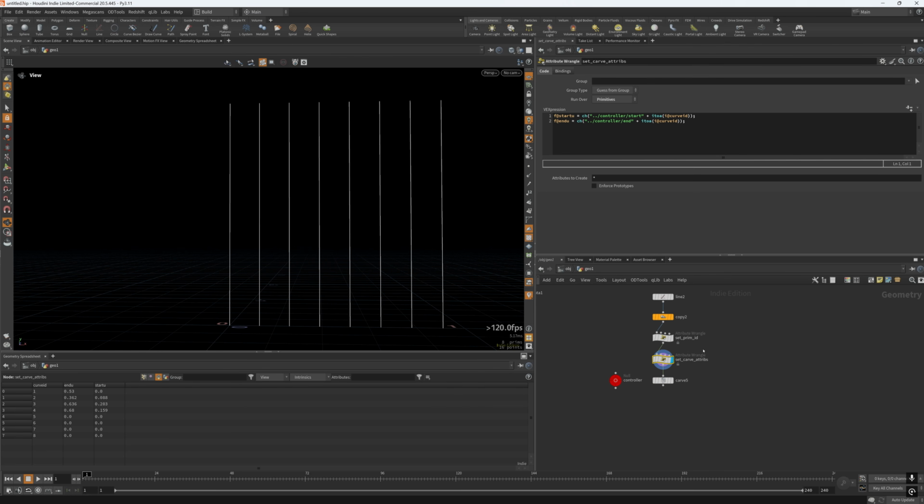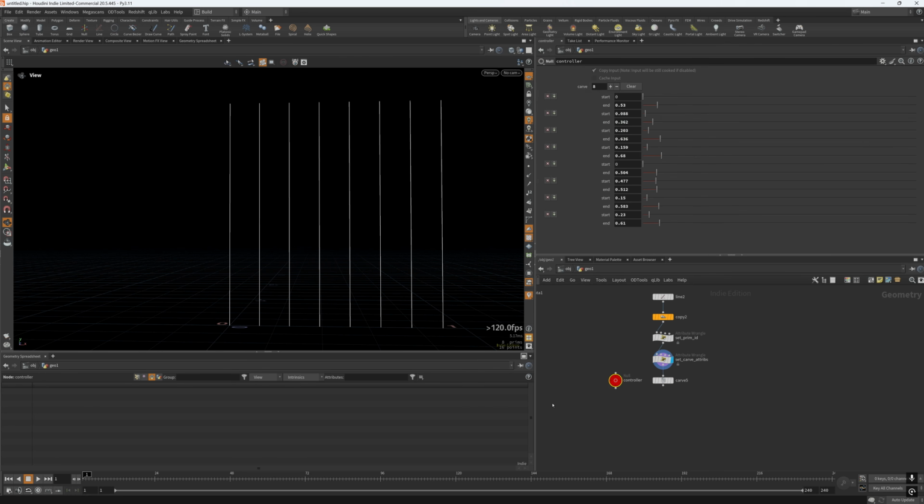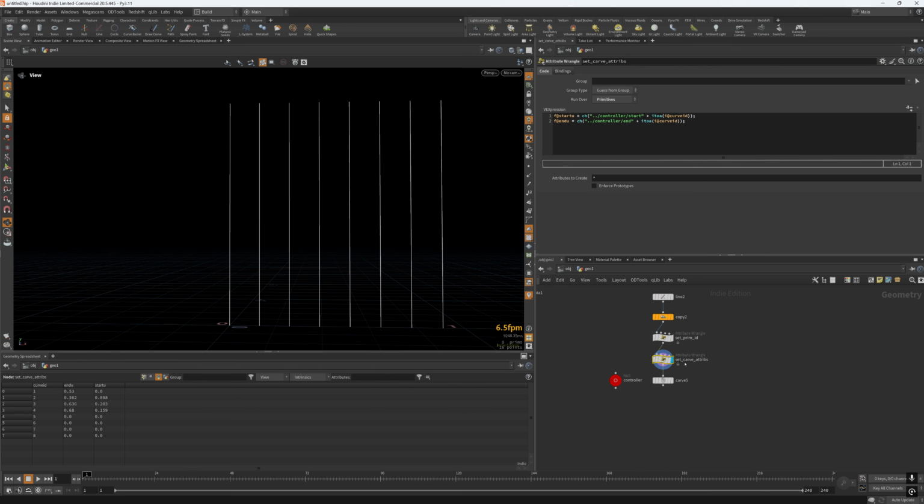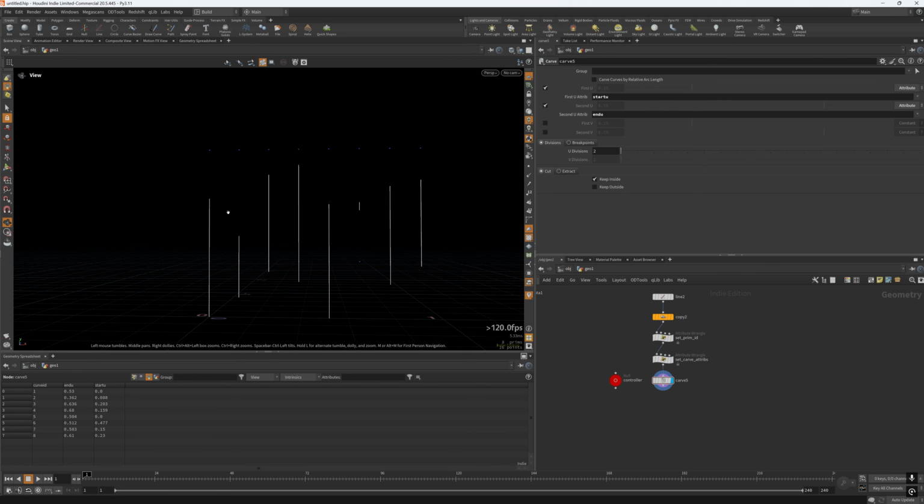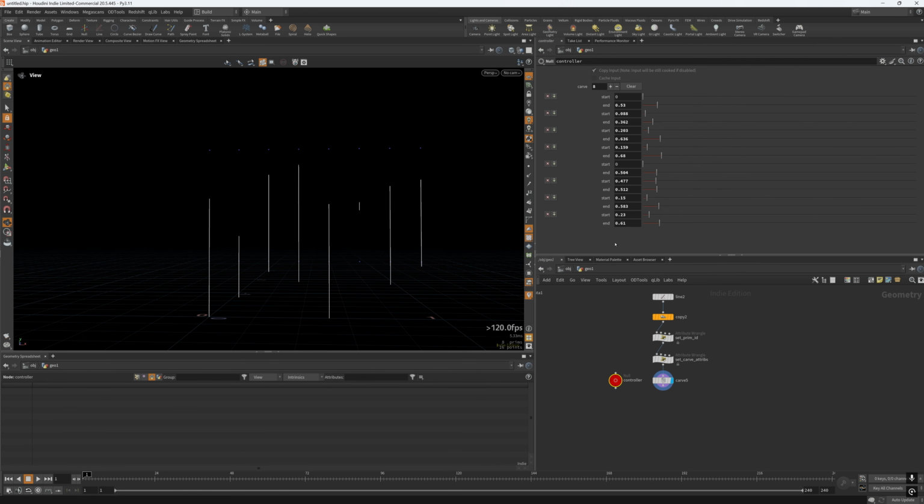So it's not reading it here, which it should be. And sometimes this thing, there it goes, it evaluates. I'm not sure why it does that, it kind of bugs out like that. But there you go. Now it creates the individual links and the controllers, and you can set these to be